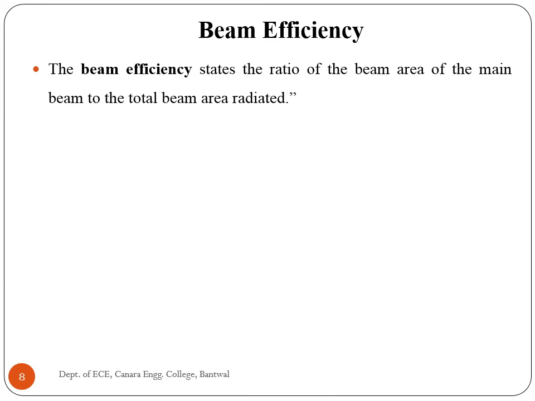Beam efficiency. The beam efficiency states the ratio of the beam area of the main beam to the total beam area radiated. The energy when radiated from an antenna is projected according to the antenna's directivity. The direction in which an antenna radiates more power has maximum efficiency, while some of the energy is lost in side lobes. The maximum energy radiated by the beam with minimum losses can be termed as beam efficiency, which is given by